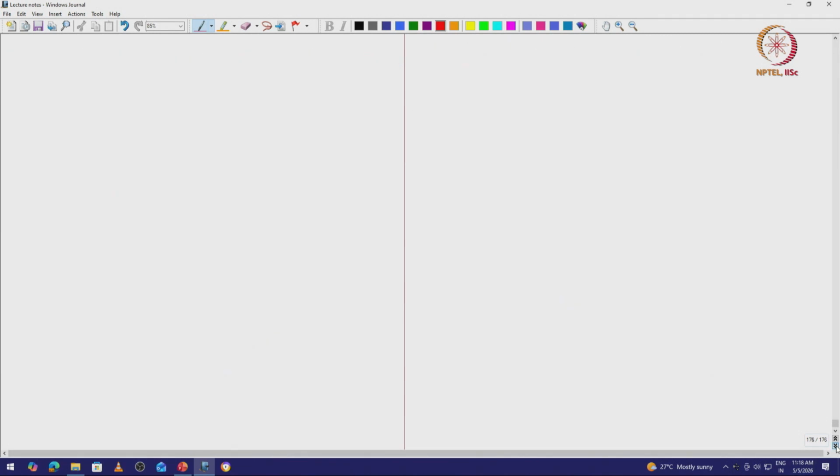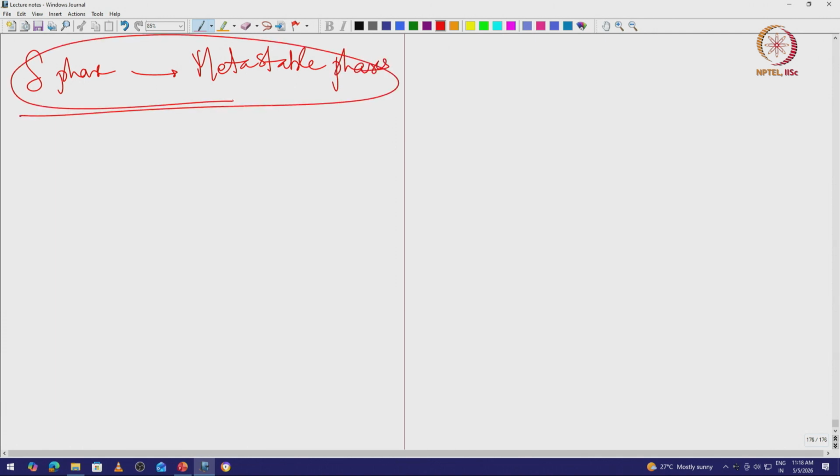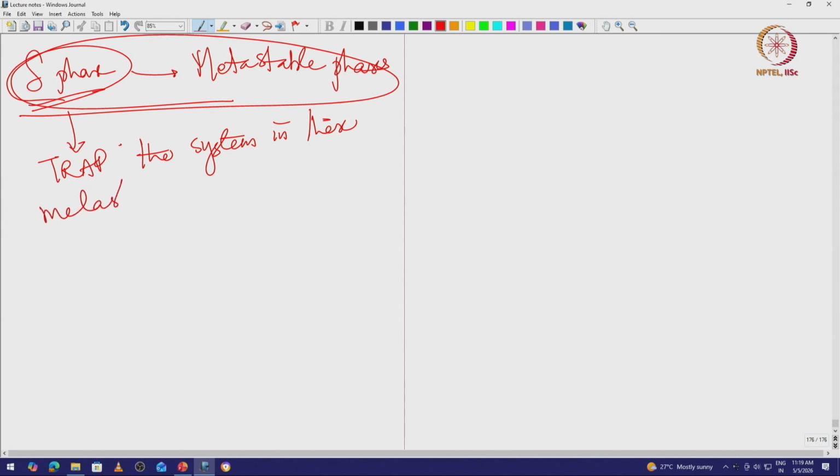So, such phases, the delta phase, are called metastable phases, right, which means there is something else that will win. If you give it enough kinetics, it will eventually go to some other phase, right, but you can sort of trap the system. Thermodynamics says given infinite time, infinite diffusion kinetics etc., delta phase is not a stable phase, right, but you can trap the system in these locally stable phases or in these metastable phases,